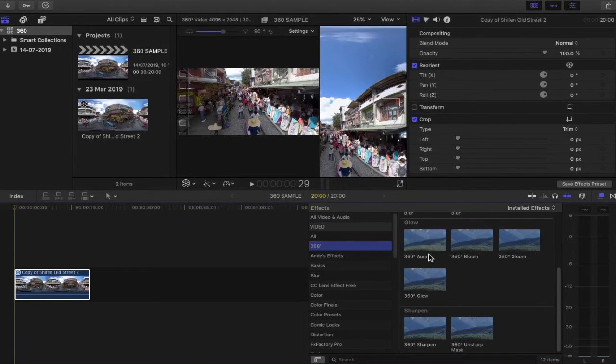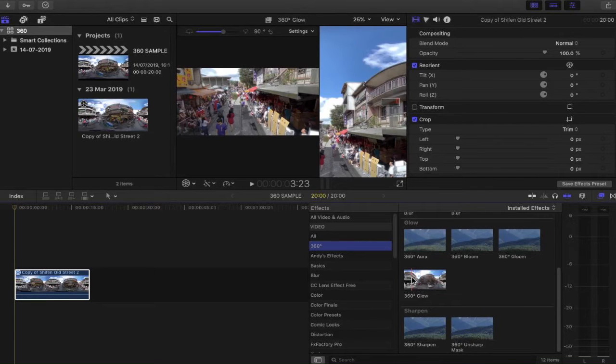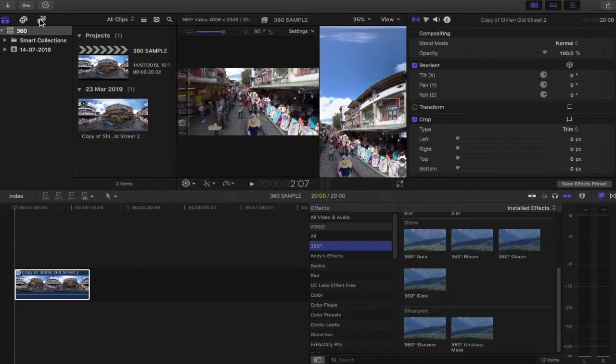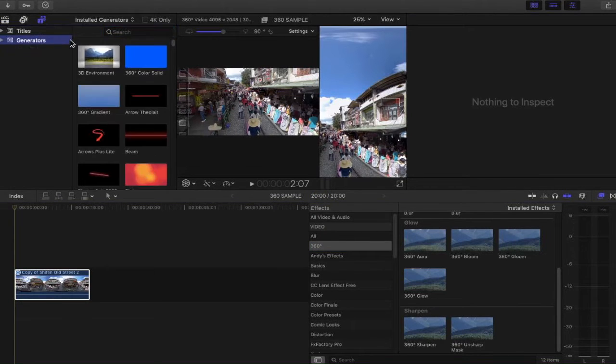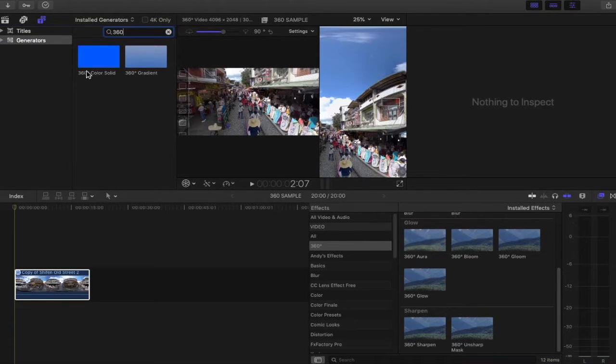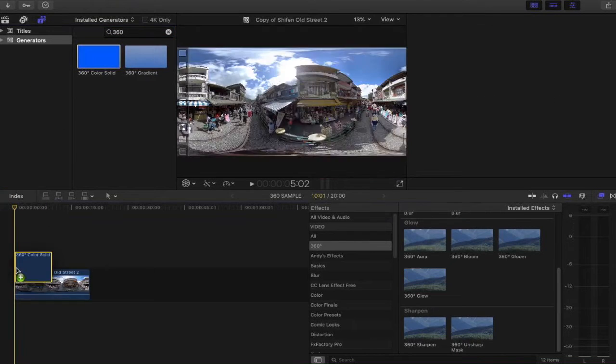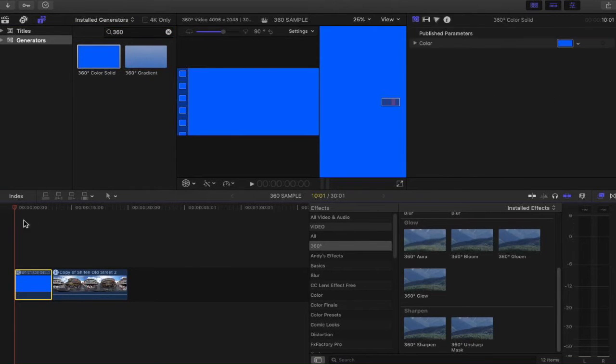Now, I did say in this video that you will be able to create 360 video even if you have no 360 shots available for you to use in the project. And the way you can do this is if you go into your generators. So here we click, we go into generators, and then you type in 360. You will find 2 360 environments that you can use for a shot. For example, we've got 360 solid. So I'm going to drag this into the shot here,